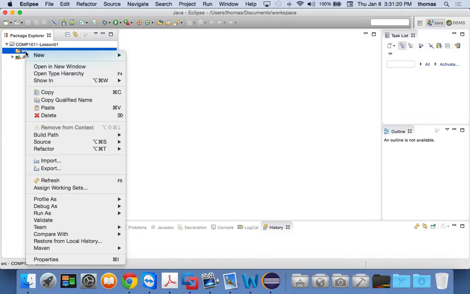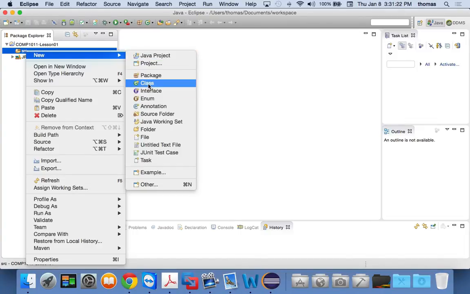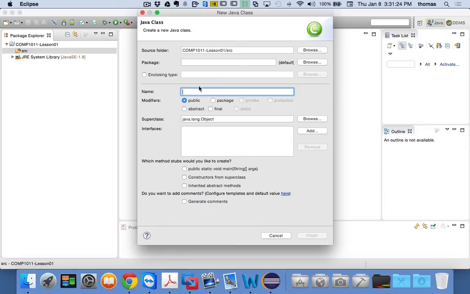Afterwards, if I want to add another class, I would go new class, right? And then from there, it takes you right into the name of the class, which you cannot leave empty. We can call this whatever we want. We'll call this lesson 1, actually. How about that? And look what it says: the use of the default package is discouraged. So now if I go in here and type in the package as